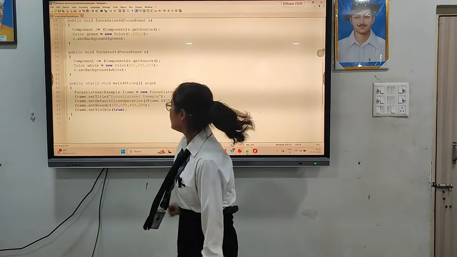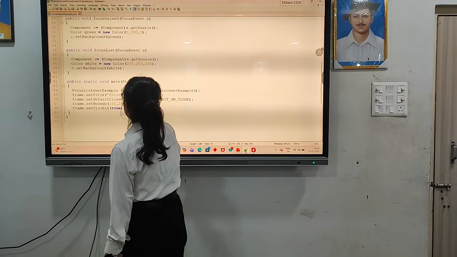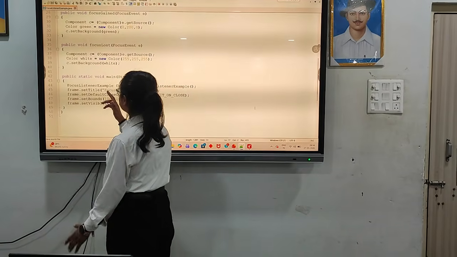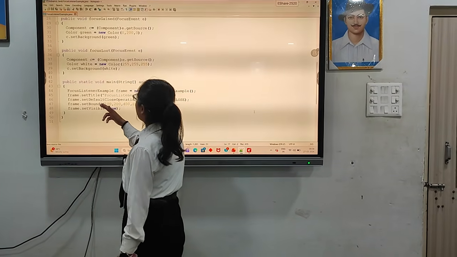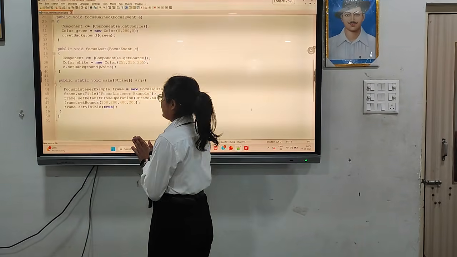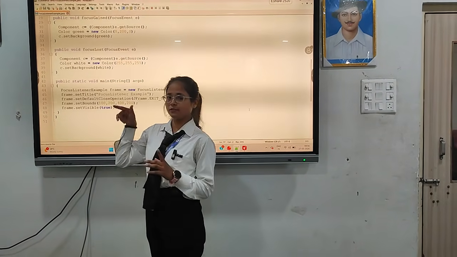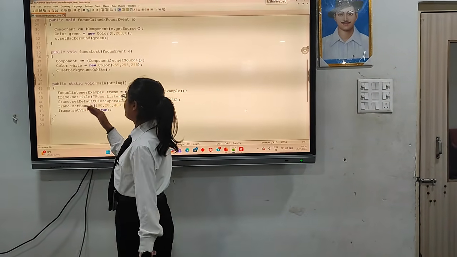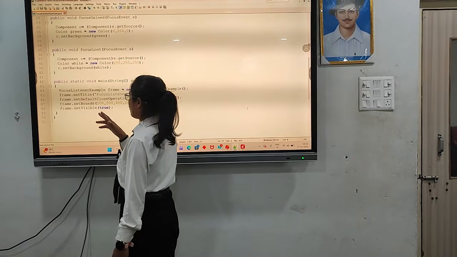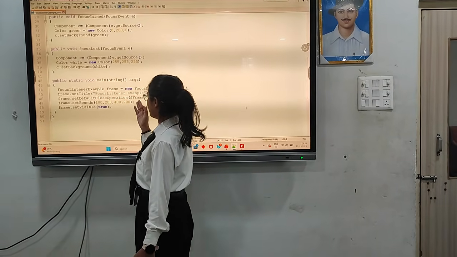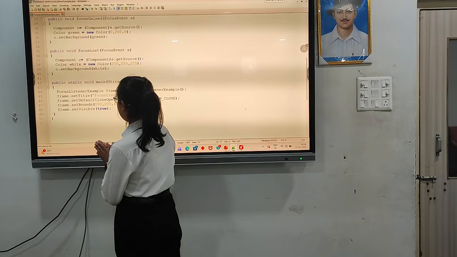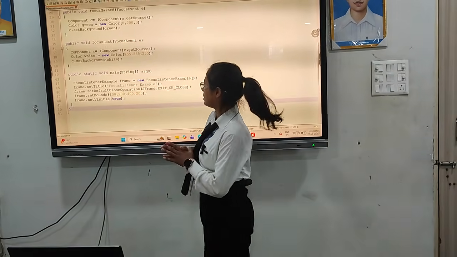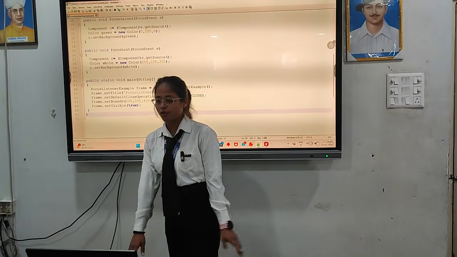And this is our main method, which is the mandatory method. Here the object is created and it will call the constructor, and with the use of setTitle we set the title of the frame, and setDefaultCloseOperation means that when we click the cross on the frame, it will close the window. By using setBounds we set the boundary, this is for x, y, width and height, and setVisible true, because by default the frame is created in memory, so we used setVisible true. Now we will see the output.